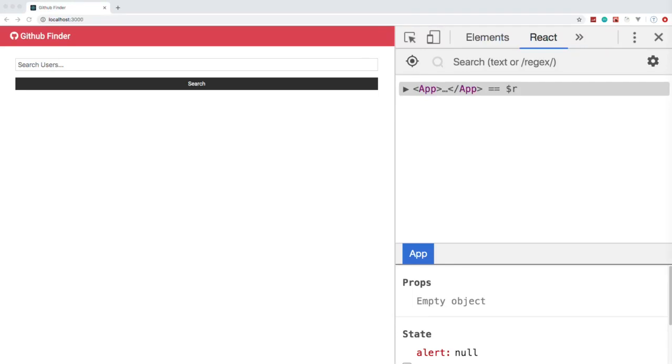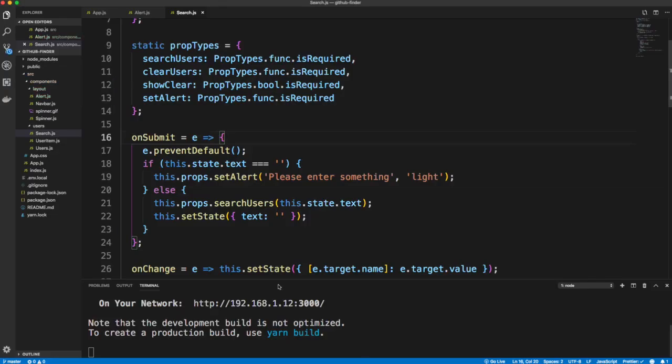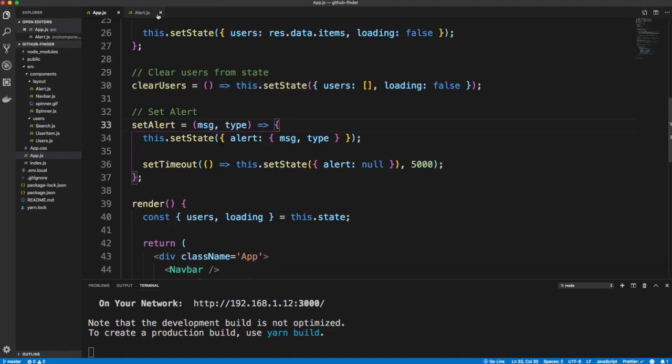Okay, so in this video I want to set up our React router so that we can have different routes, because right now we just have our components embedded right into our main app component, but we can have different routes. So let's go ahead and open up VS Code, and I'm just going to close this stuff up for now,